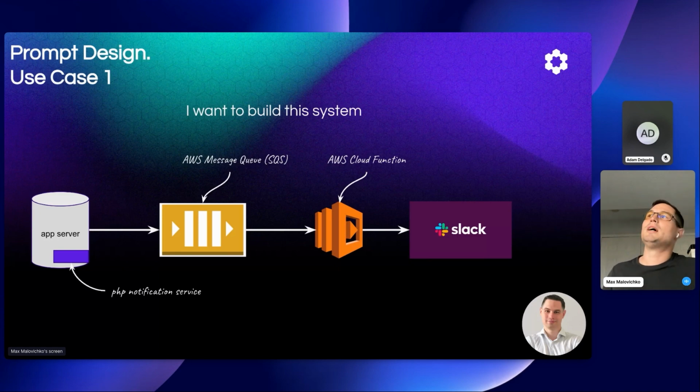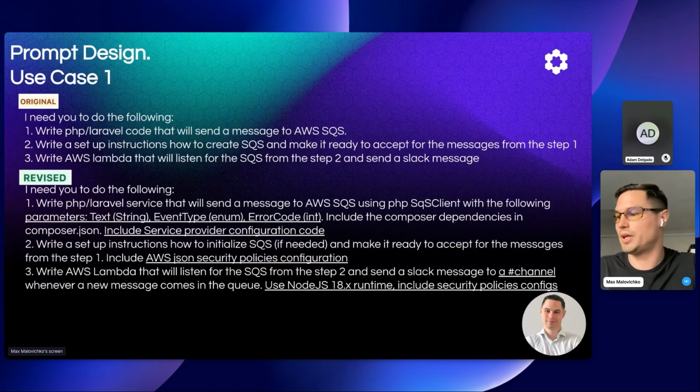And moreover, I also have a problem if I give this task to a developer or to a team of developers. In order to write all of these components of the system, they actually need to know AWS security policies. They need to know how to create a queue. They need to know the language they're going to use, the runtime for the Lambda function, and so on. So there is potentially a pitfall with the learning curve for the developers. So why can't we just automate this task into something like this?